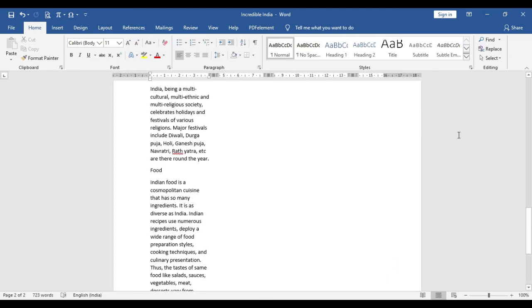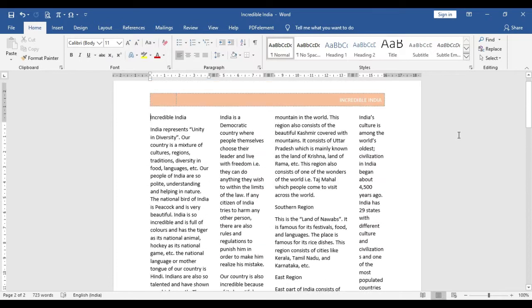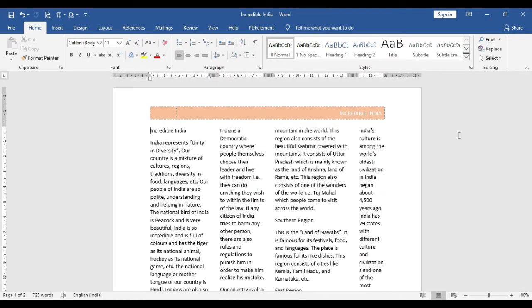Next, you can also edit or delete the header or footer, or you can insert a header and footer by another shortcut way, that is, double click on the white margin space of the header or footer.